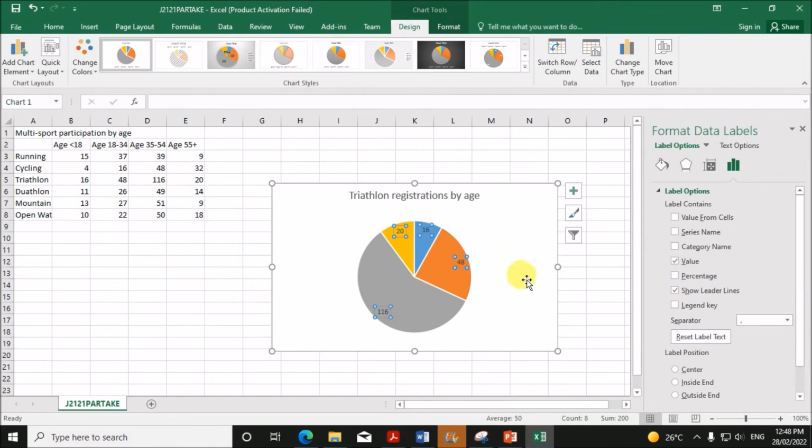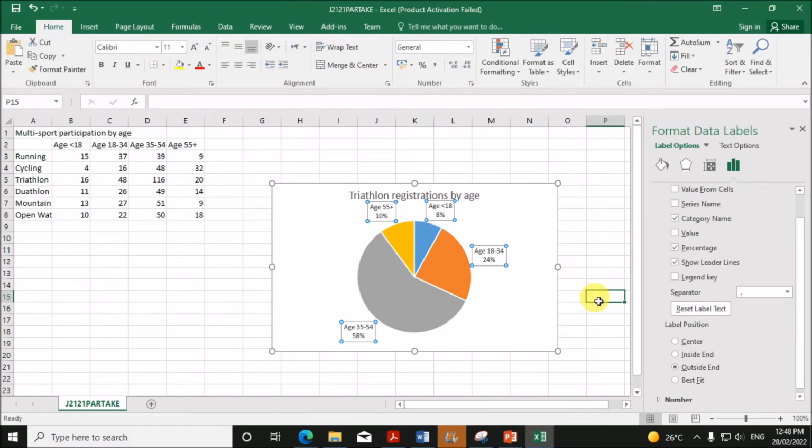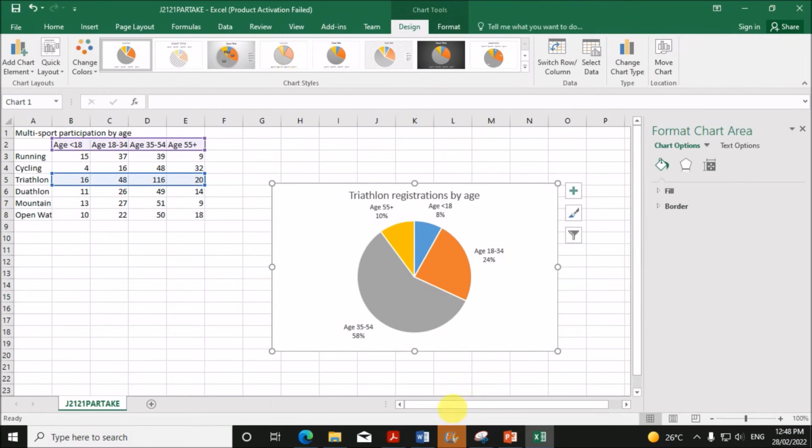So we don't need the values. Now you can see the values are shown here. We need the category name, that is the age group, and the percentage. So category name and percentage, and it should be outside end. So this is the required